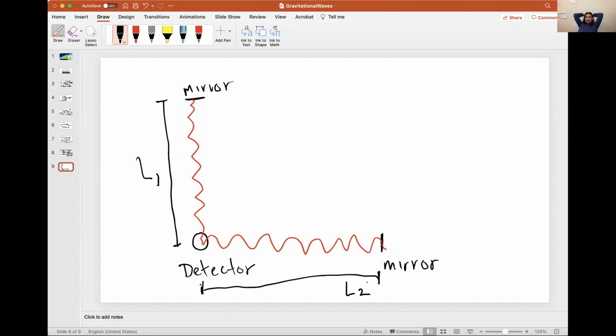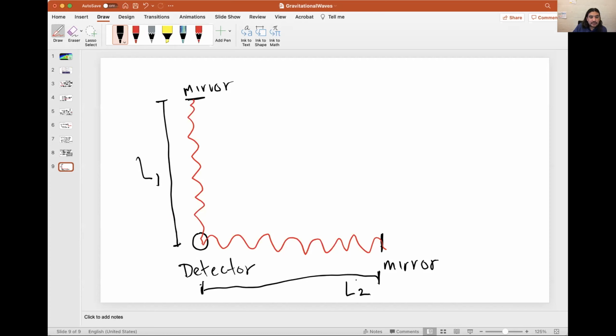There's constructive interference. Now, if all of a sudden one of them shrinks and the other one gets longer, then the distance that the laser is passing through, that would be the space length that the laser is passing through, would change, and the two waves coming back, when they get back together, they interfere with each other. So you see this,